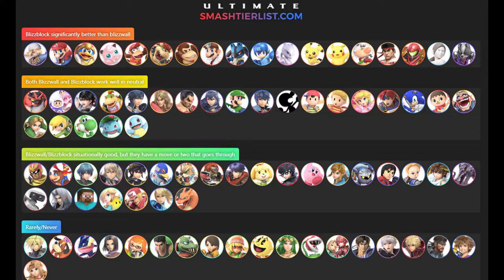So the characters at the top are when Blizzblock is significantly better than Blizzwall, but most of the time you can still use Blizzwall. For a character such as Mario, Blizzwall is good because it stops his approaches, but Blizzblock is good as well because it stops Fireball and also sends projectiles back to pressure him. With DDD, it's much the same, where Blizz doesn't stop Gordo, but Ice Block sends it back at him. So if you Blizzblock, you're able to reflect Gordo back at him, but if you're doing just normal Blizzwall,